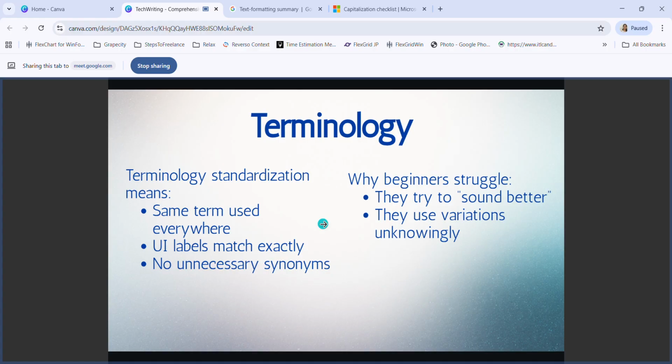Terminology standardization. What does it mean? It means the same term to be used everywhere. UI labels should match exactly. No unnecessary synonyms, or you will use synonyms not for the fixed terms, just in your general sentences. And sometimes to bring variation